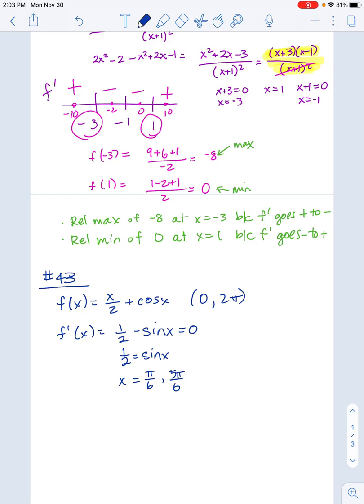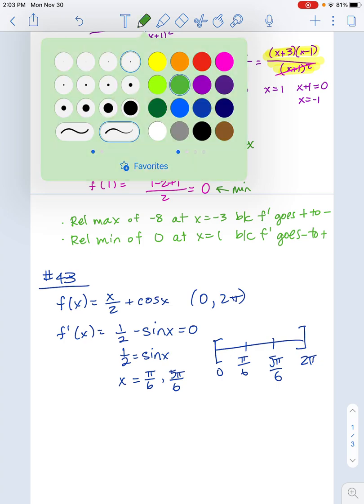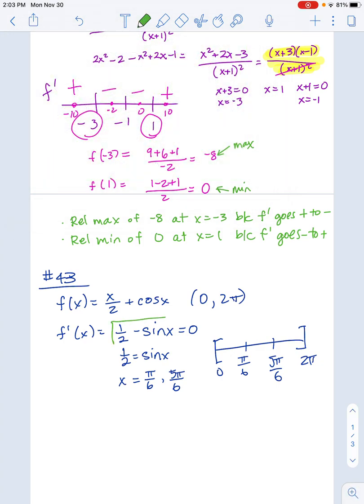Sine is y, right? Yeah. So I'm going to put those on my sine chart, because there's nowhere else in 0 to 2 pi that sine is positive. So I'm going to cap it at 0 and at 2 pi, and I'm going to put pi sixth and 5 pi sixth. Now, I am going to do this one graphically probably, and this is what is tricky because,